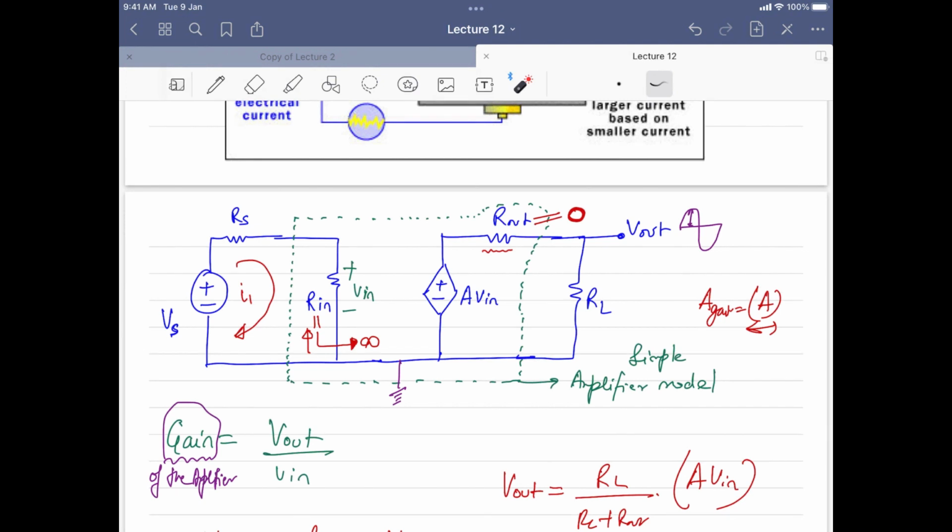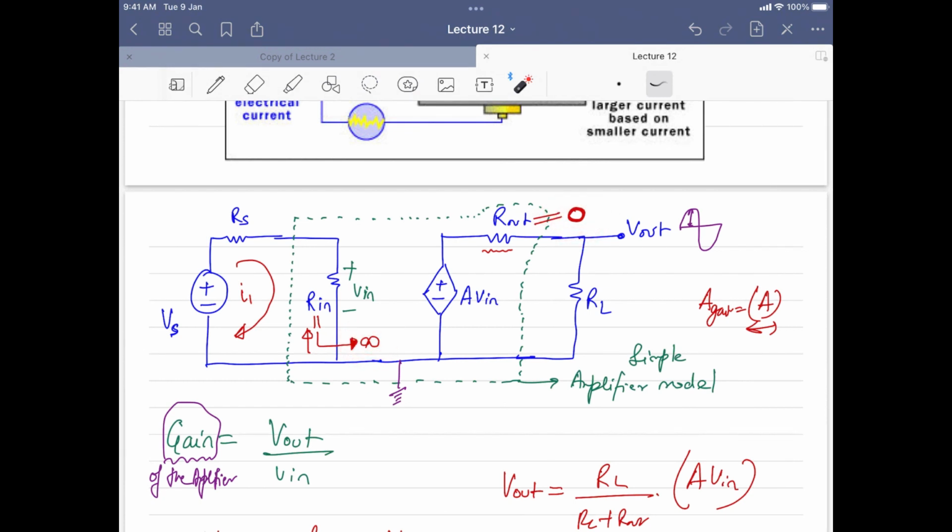So this is the property of any amplifier, whichever amplifier you use, whether you use an operational amplifier, or whether you use a MOSFET as an amplifier, which you will study later down the course. I do not want to go into the details, but the property of the amplifier will be that its input resistance will be infinite and the output resistance will be 0. That is the most important thing in ideal settings.